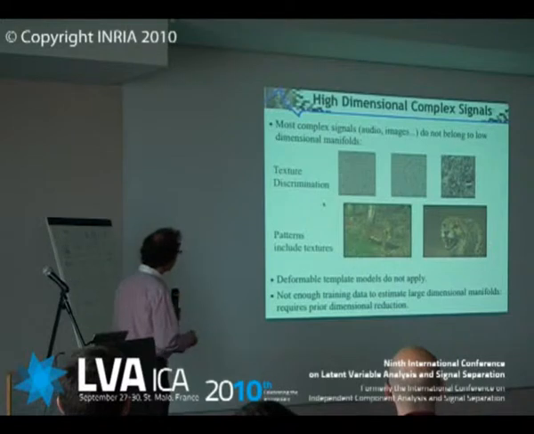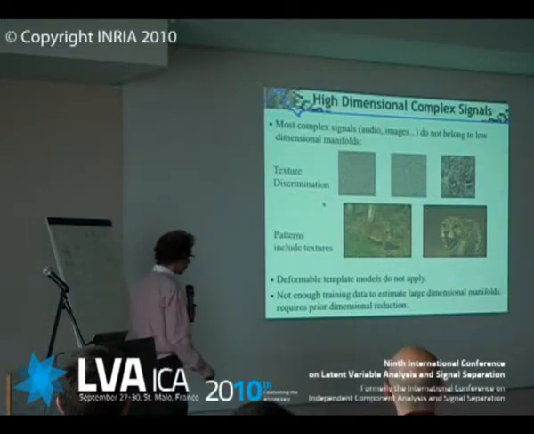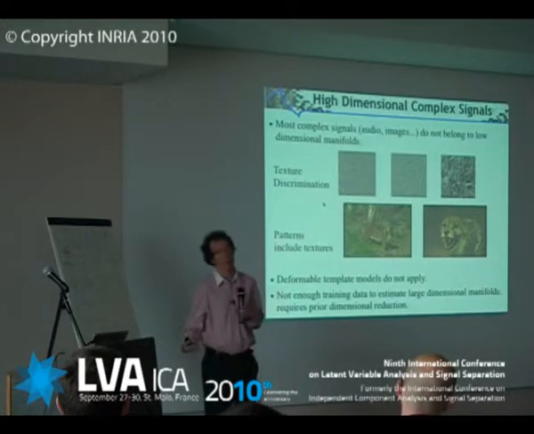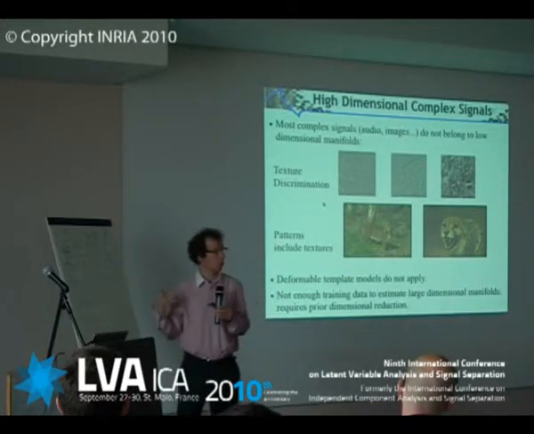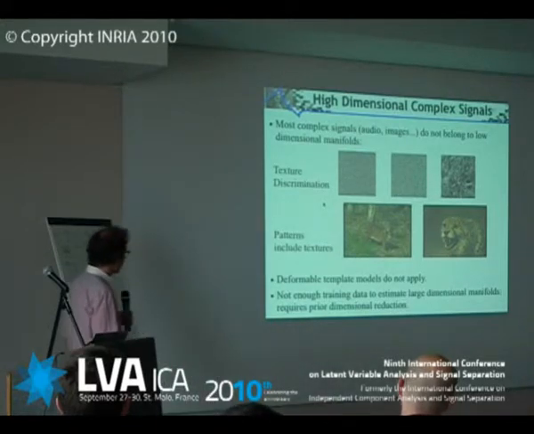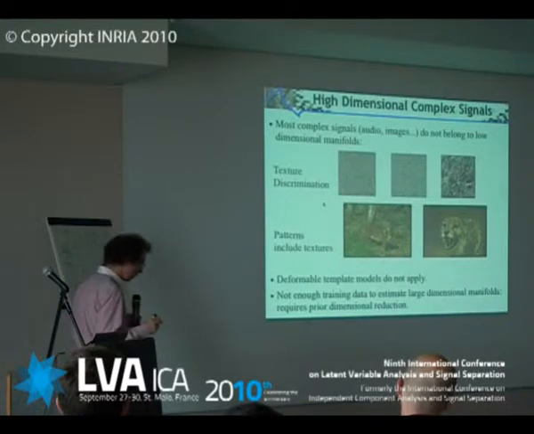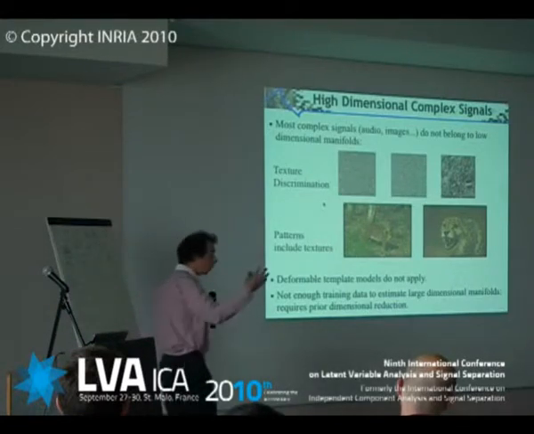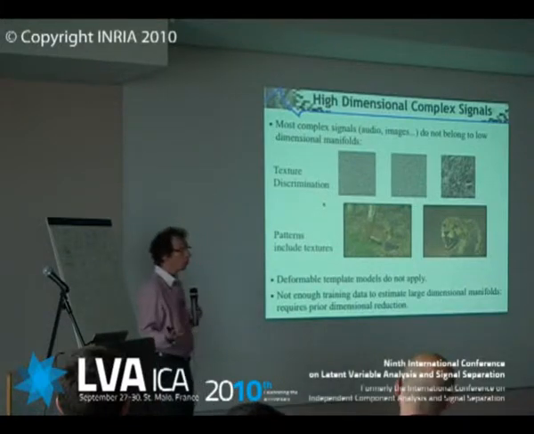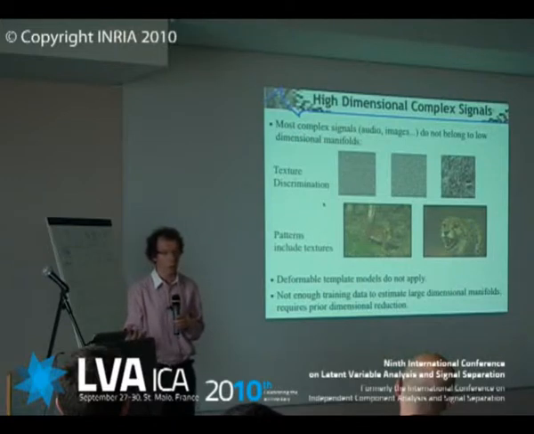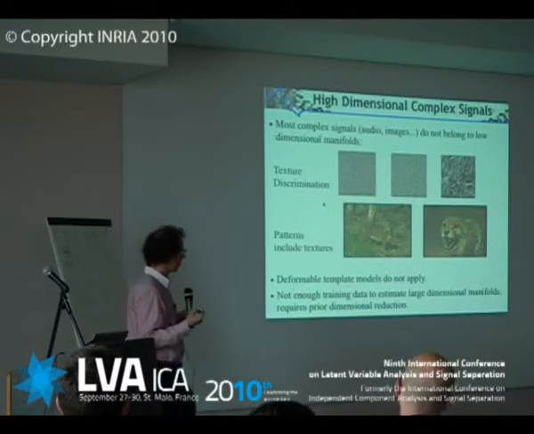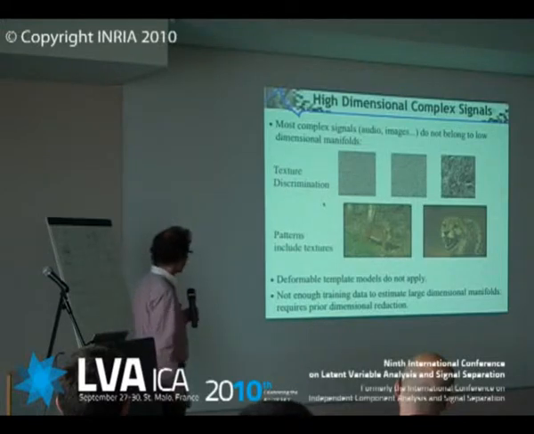Now, if you take real images, these belong to what are now standard classification databases in vision. Clearly, these are very complex signals. They have all kinds of deformations, fur, textures, and so on. You won't be able to reduce them with a few parameters. There is also this idea that you are going to deform one image into another one. Well, these two textures are identical, but you can't deform one white noise into another white noise. So the notion of deformation here gets much more complicated, although visually they still are identical.